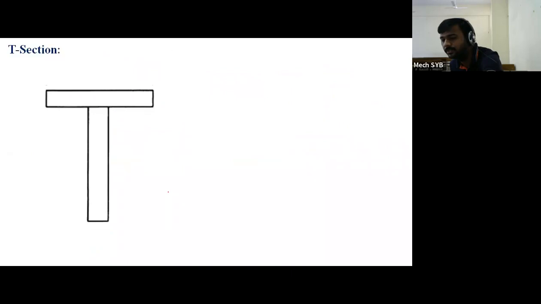consider any IYY. So for the horizontal axis or for the x axis, whether this T section is symmetrical or